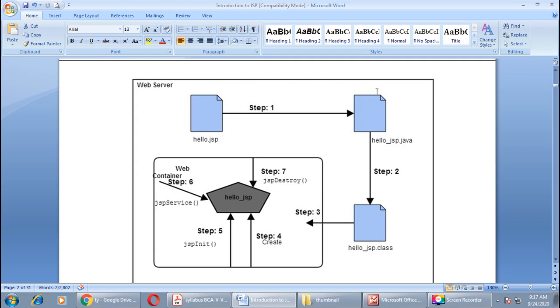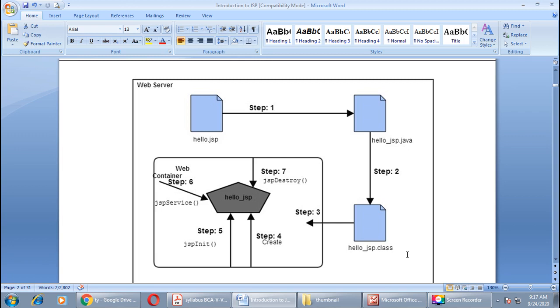It will be converted into a servlet source file with the help of the web server, and we will get a new file, namely hello_jsp.java. This file has an extension Java. In the next step, after compilation of this file, we will get the hello_jsp.class file, right? This is also done by the web server.